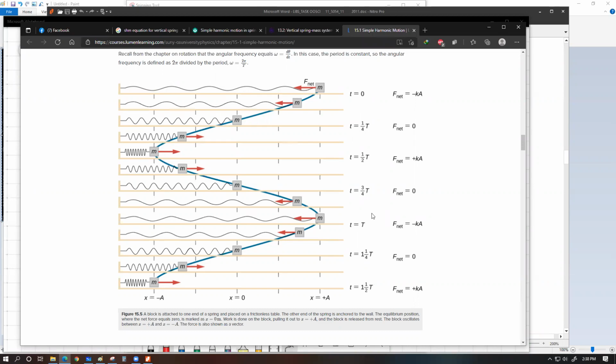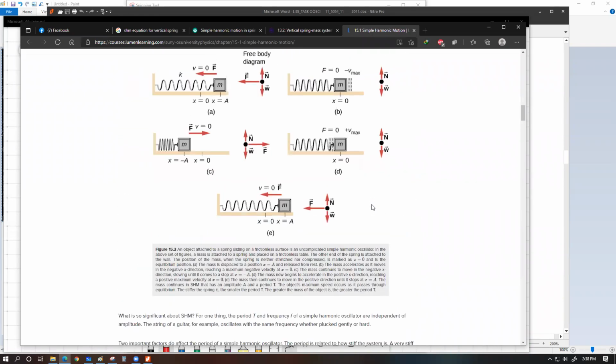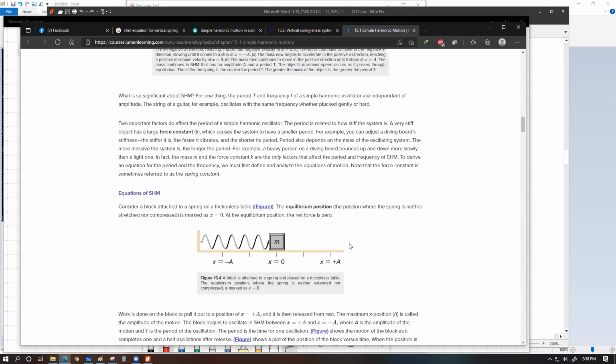Okay, this is a nice graph. The reason I'm calling it a nice graph is that, let's say you have this whole situation. You're having this object moving back and forth. This is plus A, this is minus A. You took